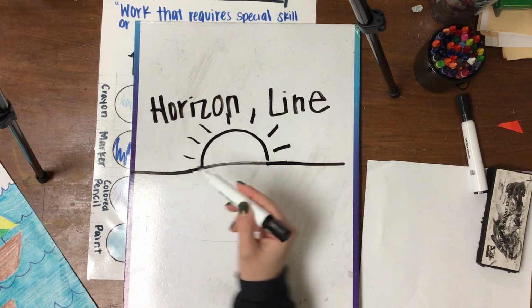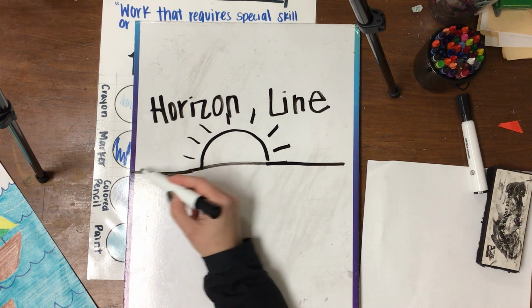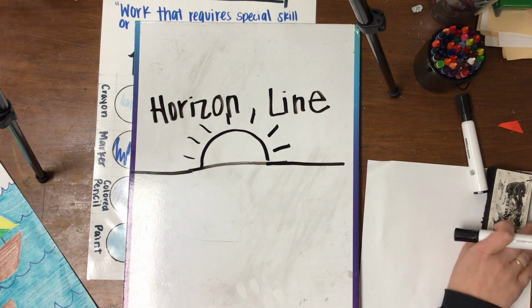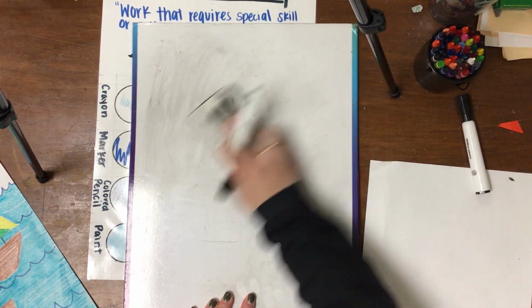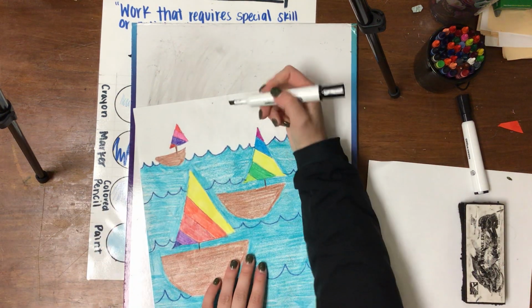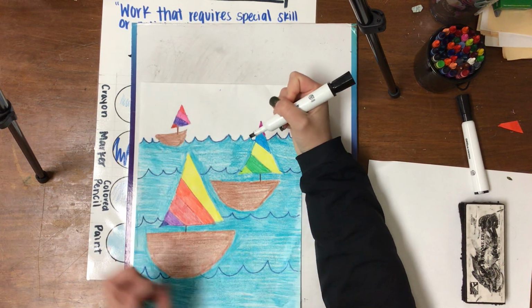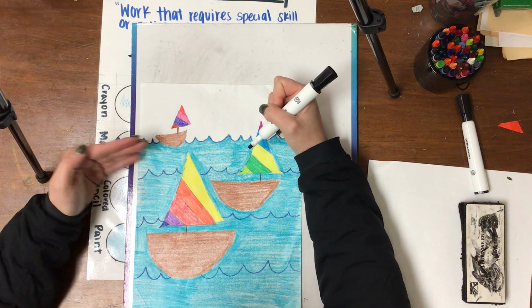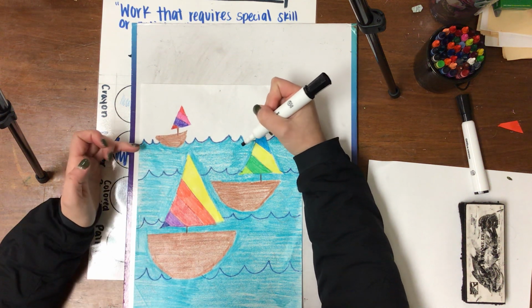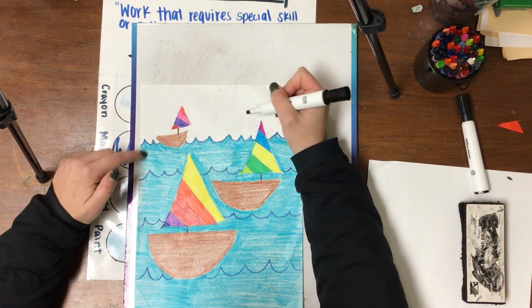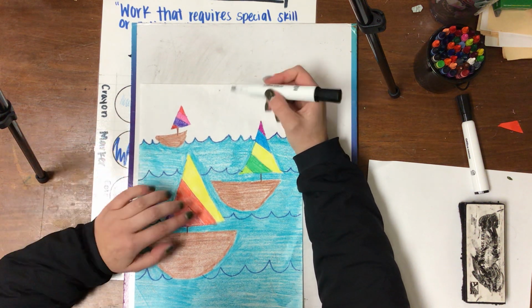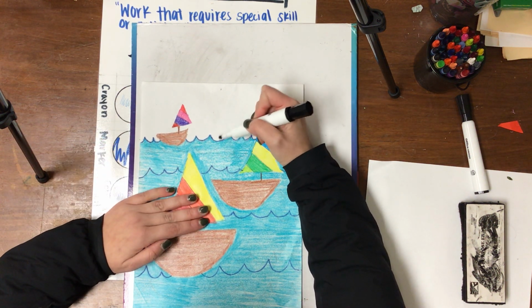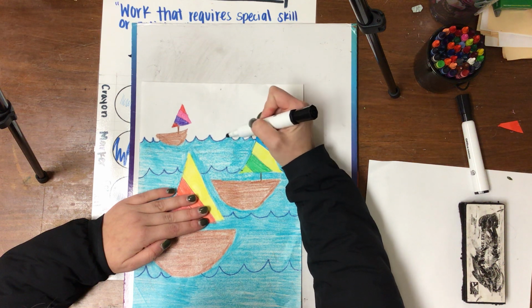Okay, so that's that line where if this is the grass and this is the sky, then this line right here that separates is the horizon line. Okay. So my horizon line in this art is, here's my ground. My ground is not necessarily always the grass, but whatever's in the bottom of the painting. So my ground is my water, and my sky is this white part of the paper here. And that line that separates the two or goes between those two is this line right here, this curved line,